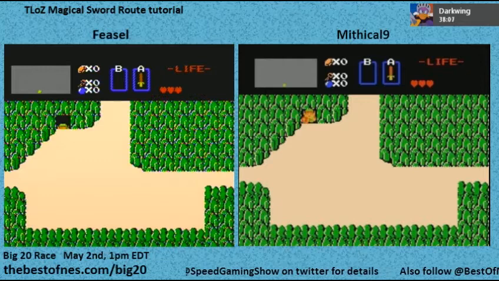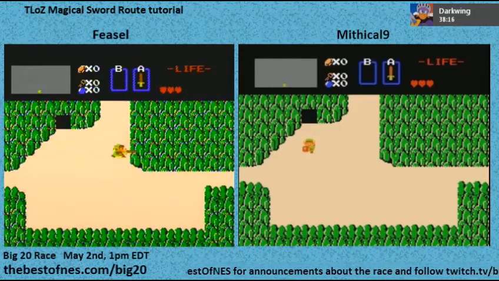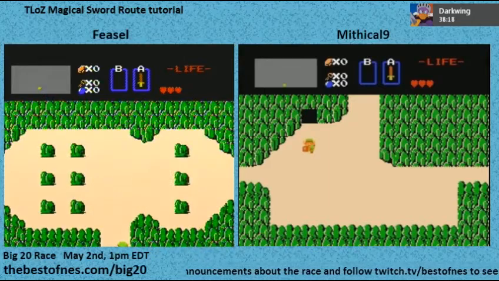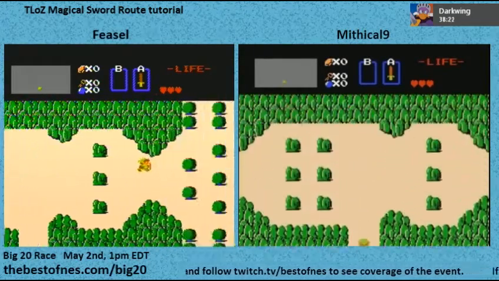All right, for the easy route, the easy route always starts with level 2. So you're going to head up 1 and start heading right. Head north 1 and then start heading right. Now it's very important. It's preferable that you do not kill any enemies until you find an enemy that can